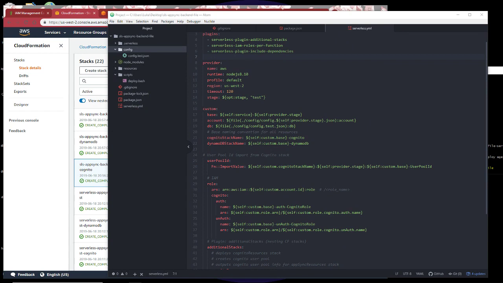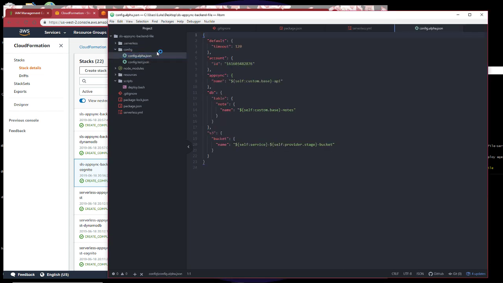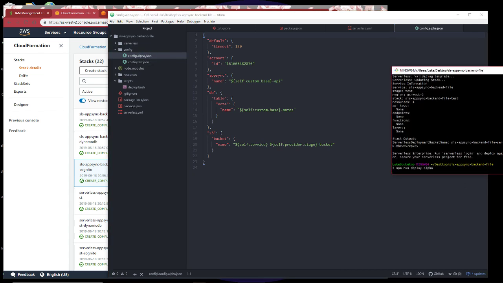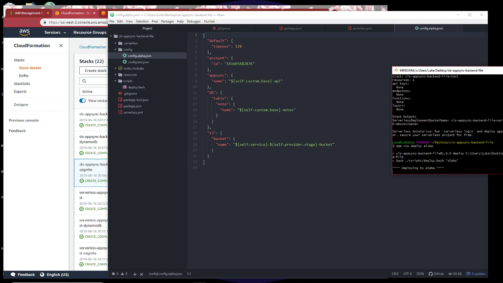The dynamic testing, sometimes you are hard coding the specific reference. And so in this instance, we have our test, but I want to create a new alpha branch because I feel good about this and want to go to an alpha production. And so now when they're looking for this config file, they'll have that available. So if I run and deploy alpha, we are now going to run through all this exact same stuff, but